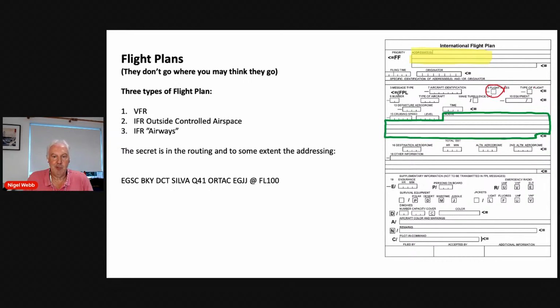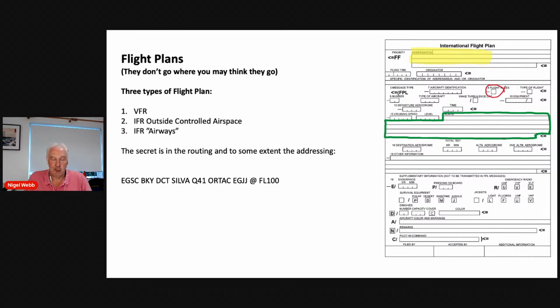The fact it has a V on your flight plan is a matter of some indifference to them. And also, if you're spending most of your time flying outside controlled airspace, they don't know or care whether you're going in and out of clouds and obeying the instrument flight rules or not. And this is important because for many of us, if we're filing an IFR flight plan, we're not, because we are only equipped with an IMC rating, going to be going into the airways or flying into Class A airspace like the TMA. We're going to fly a route pretty much like the route we would have flown if we were